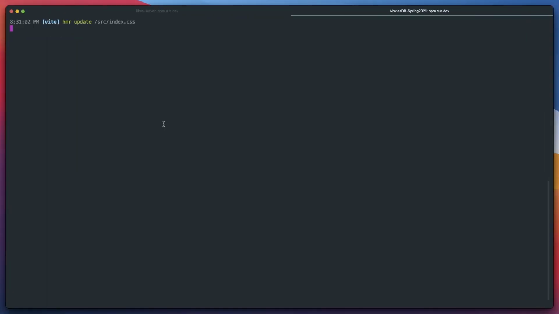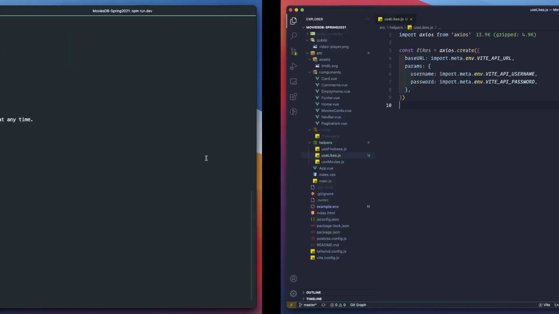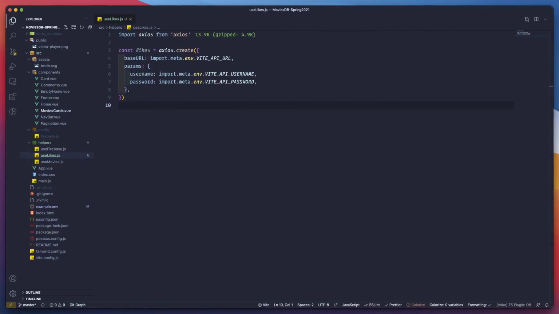Now that I save it, because I changed the env variables, I just need to close this and restart the server, just in case, to pick up the real env variables. Okay. So now that we have those from actually there, the only things that I need to execute will be